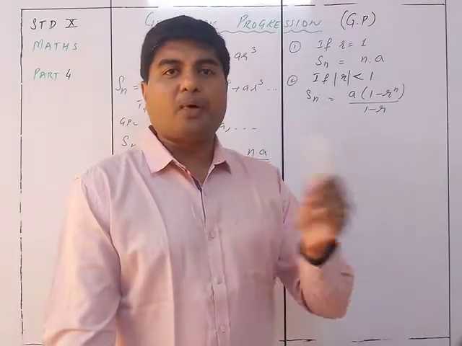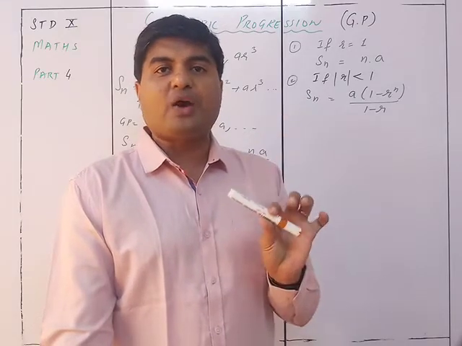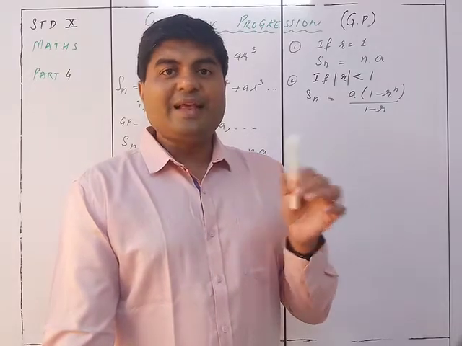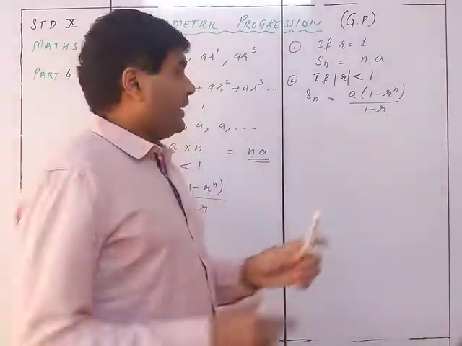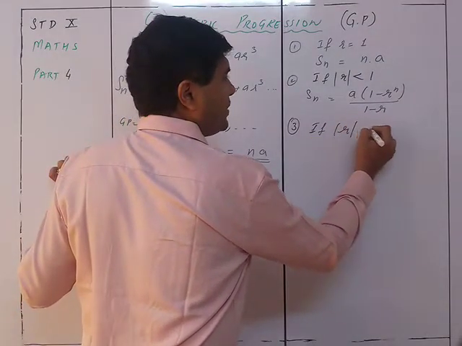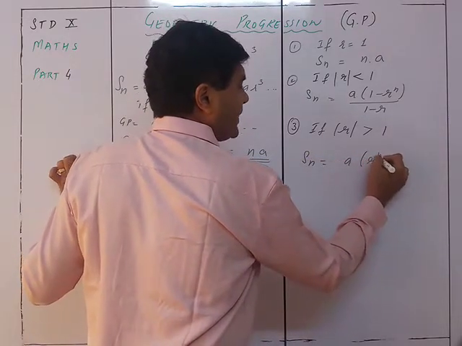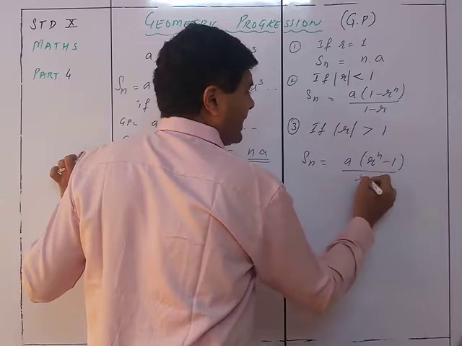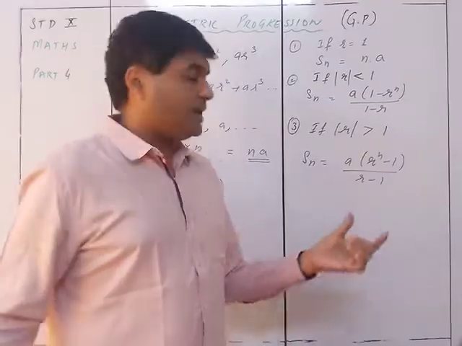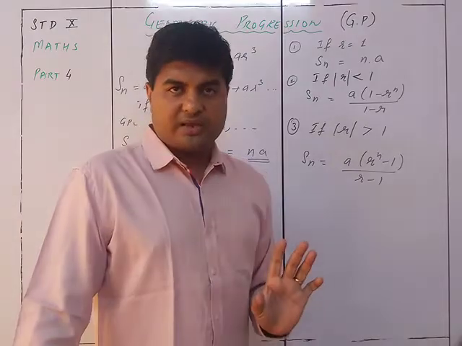So, I am taking the absolute values. I am not taking negative and positive signs as less than 0 and greater than 0. No, I am taking the absolute value of R to be more than 1 or less than 1. So if it is less than 1, 1 minus R will be there. And if the absolute value of R is greater than 1, then Sn will be equal to A into R raised to N minus 1 upon R minus 1. So you will find that at any moment you will never get a negative denominator. If you are getting a negative denominator, it means you have made some mistake.